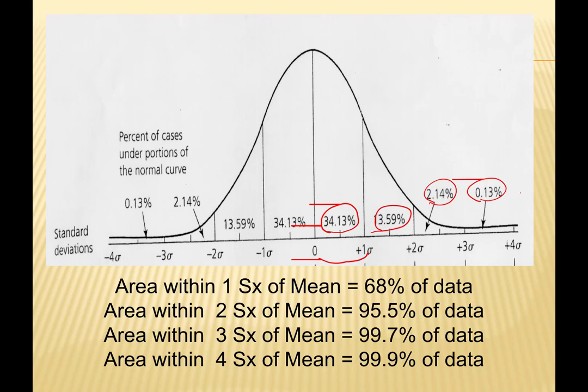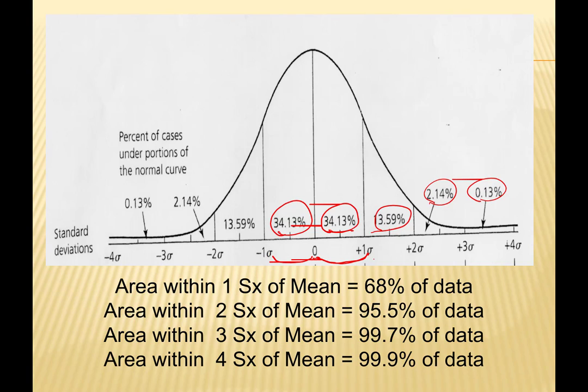So all of these percents would be 50% on one side and 50% on the other side to make it 100%. And so we would say that if we have a mean and a standard deviation, we can pretty much tell what the middle 68% of the data would be like. In other words, 68% comes from 34.13% here and 34.13% here. So it's 68% and then some. So if we say 68% of the data, then what we're really saying is take the mean, add a standard deviation and subtract a standard deviation, and that should give us the